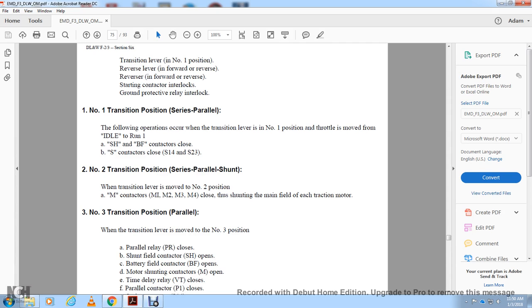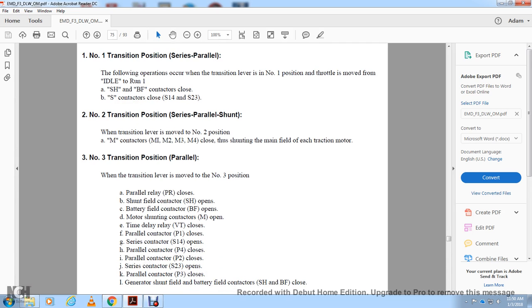and S23. Number 2 transition position, series parallel shunt. The transition lever is moved to the number 2 position, motor contactors 1, 2, 3, and 4 close with the shunting of the main field of each traction motor. Number 3 transition, parallel: when the transition lever is moved to number 3 position,